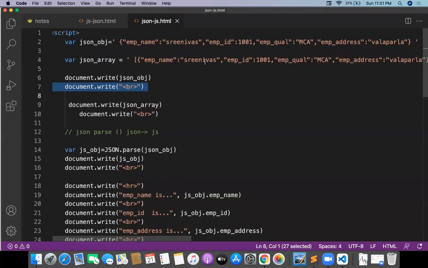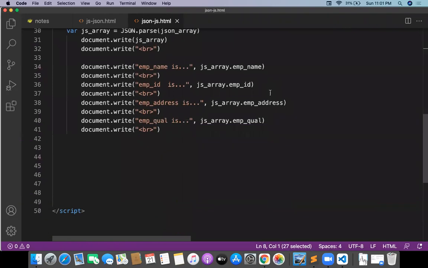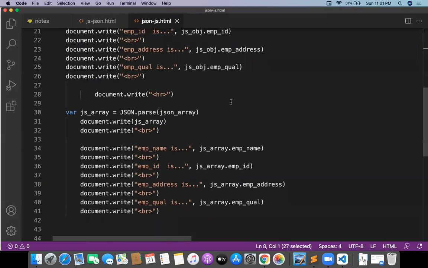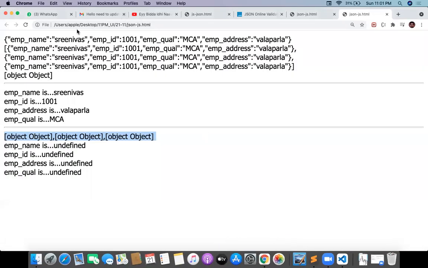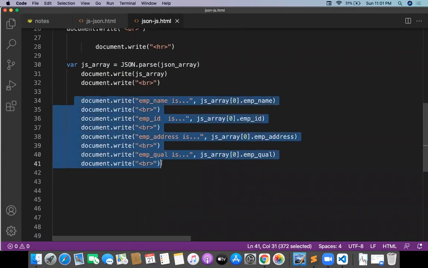Why? Because an array is a collection of values. Whenever we have a collection of values, there is something very important that we need to follow. Whenever it is a collection of values, the array follows an index, right? Then we need to take the first index, the first object from the employee. So the first employee is 0. First employee is 0, and I need to copy everything over there. Now we will see the data. What is the data about the array? Okay, Srinivas I got first. I got Srinivas, but I want Srikanth and I want Venki.